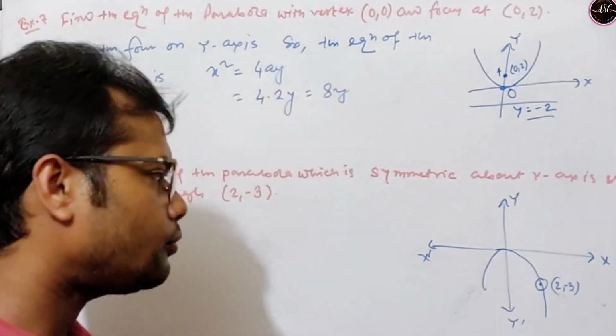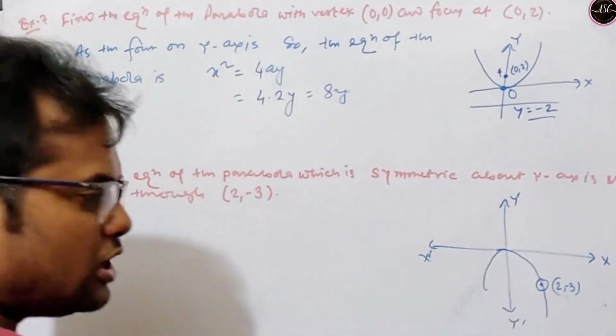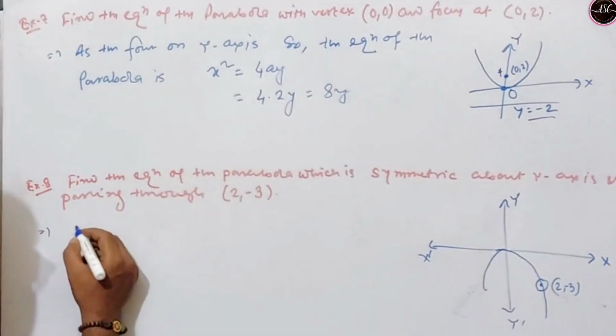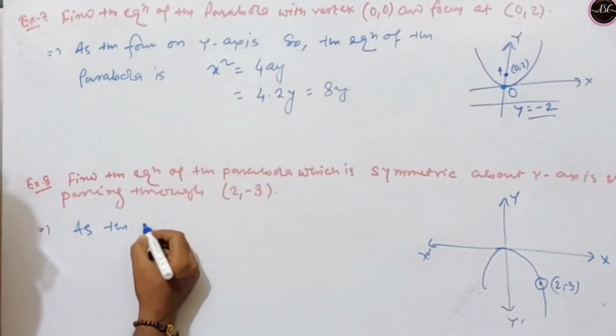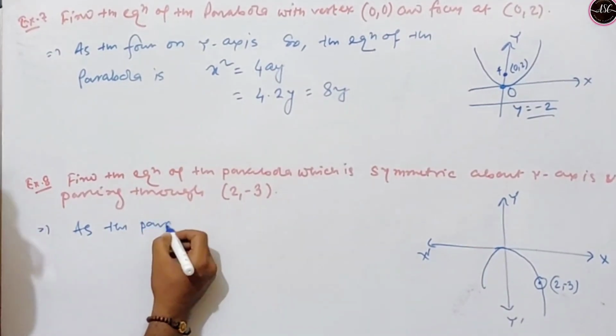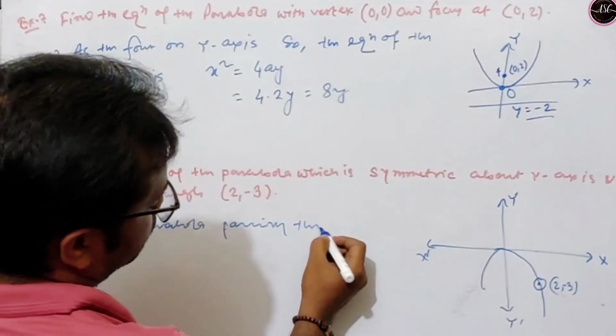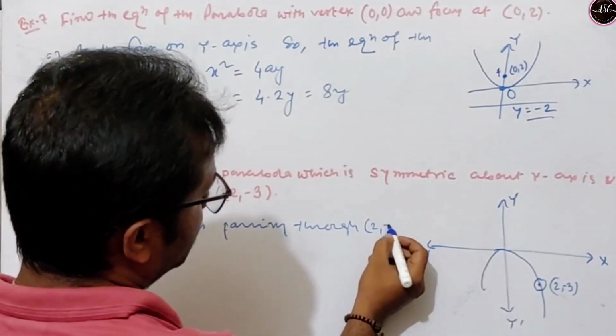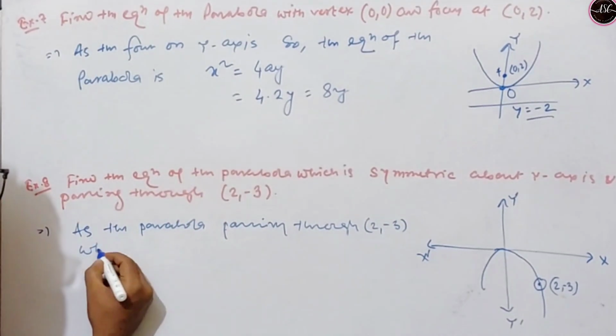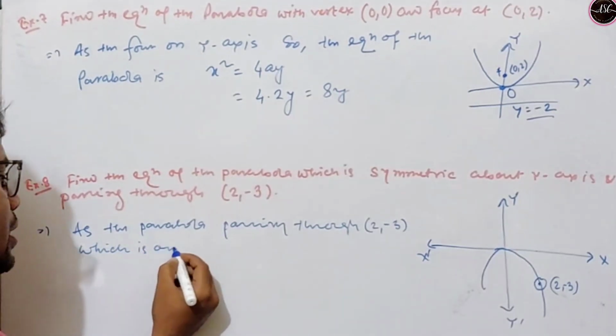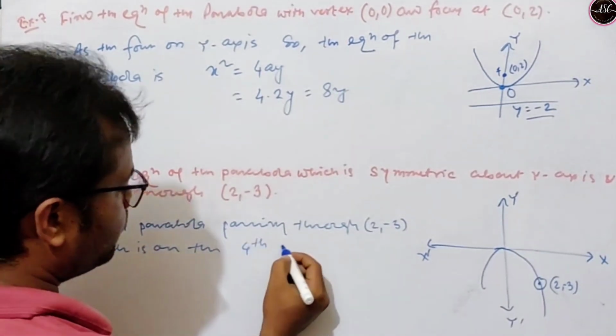So the equation of this type of parabola, as the parabola is passing through (2, minus 3), which is in the fourth quadrant,